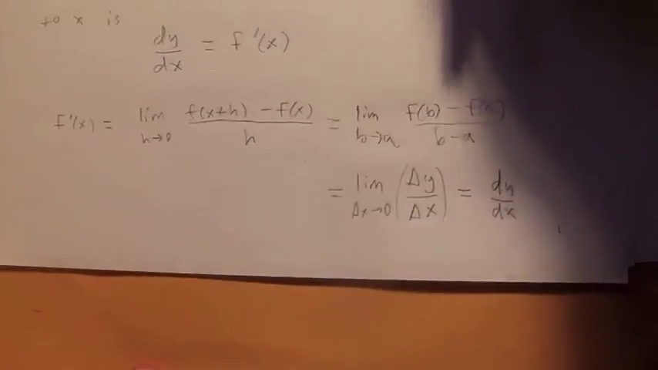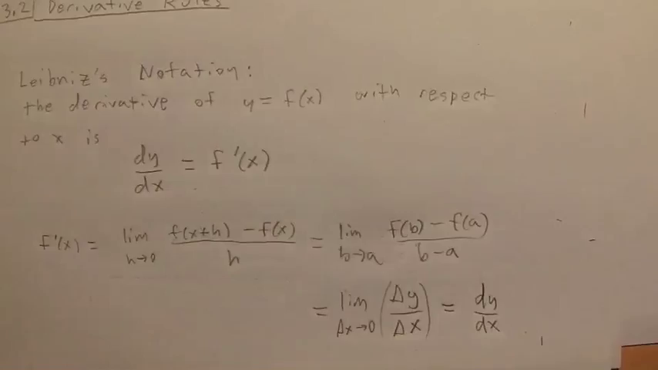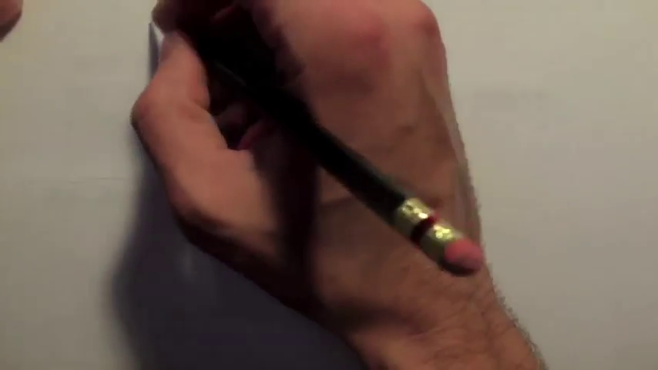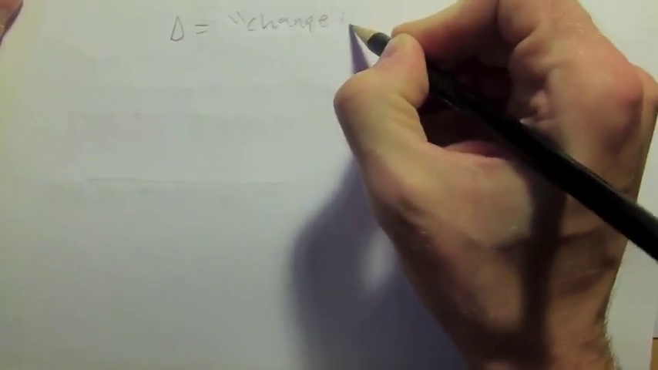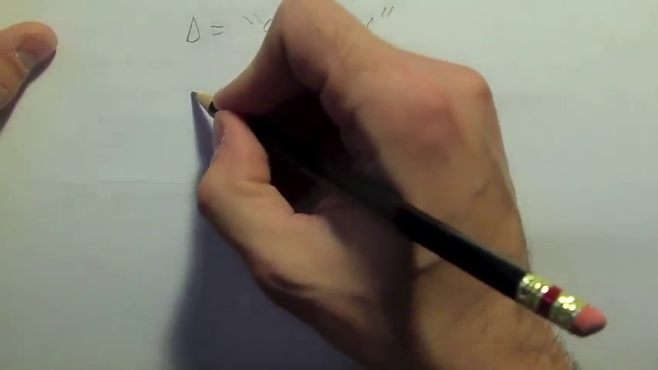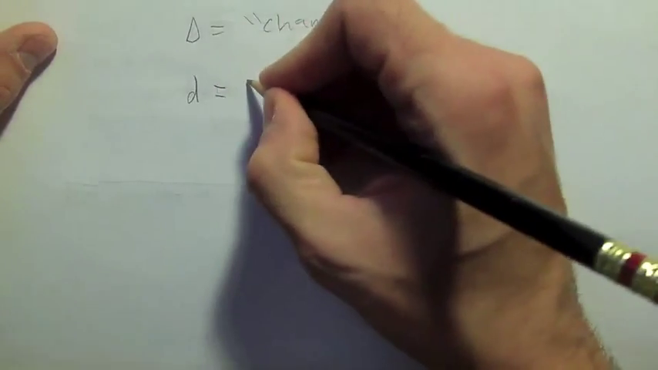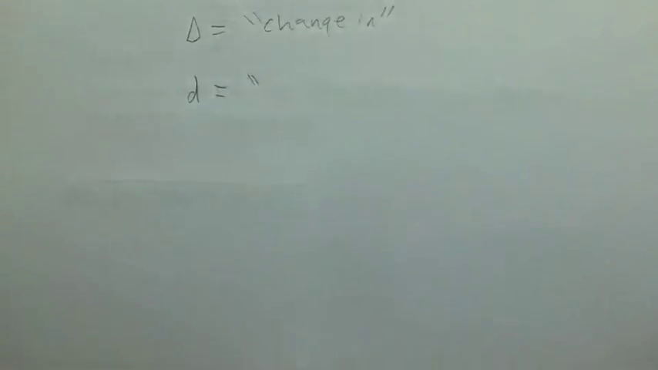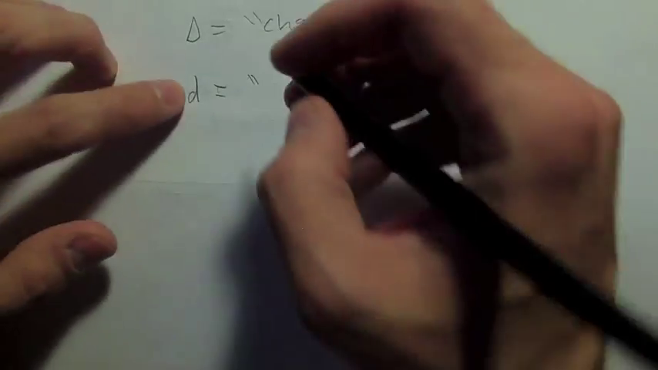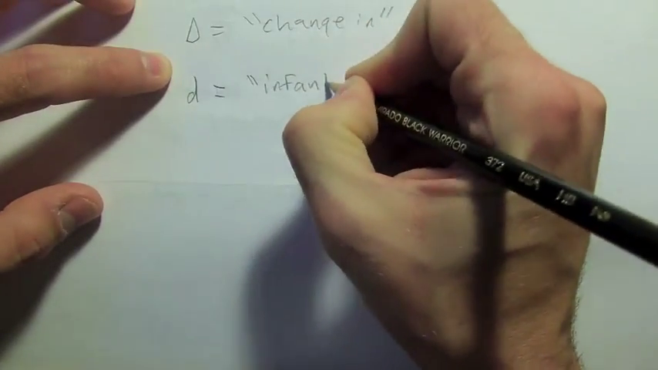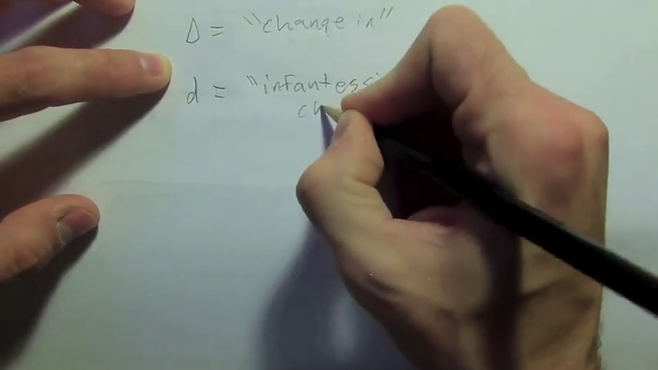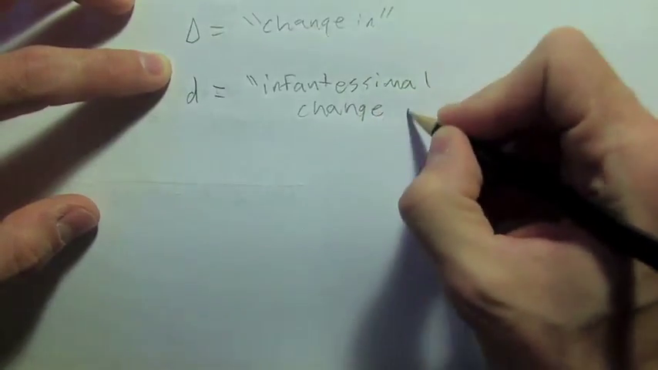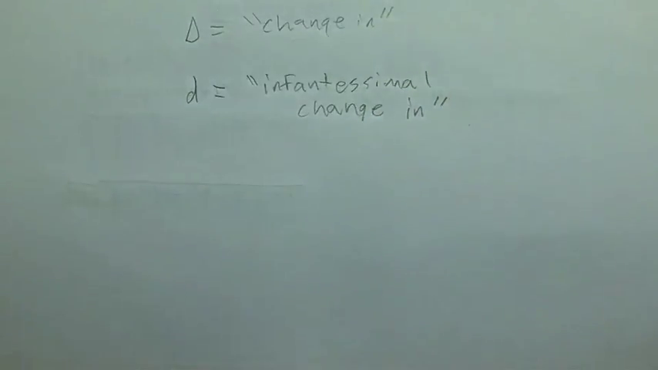Okay. So, what d really stands for, so if delta is change in, right, change in y, change in x, then d actually stands for what we would call an infinitesimal change in. Infinitesimal change in, if I'm spelling that right. That's the word that